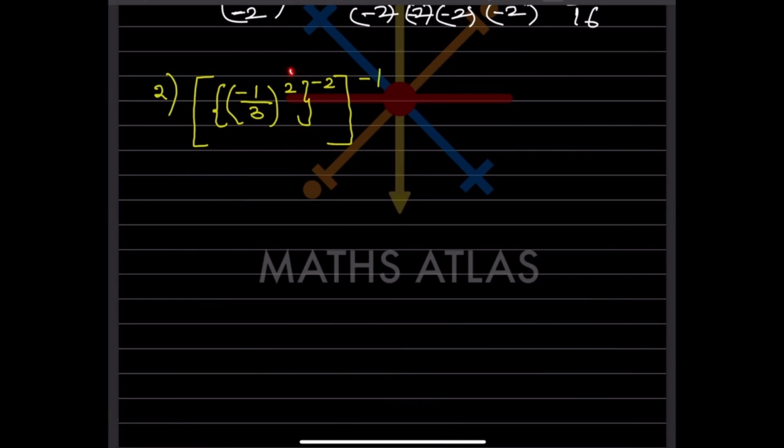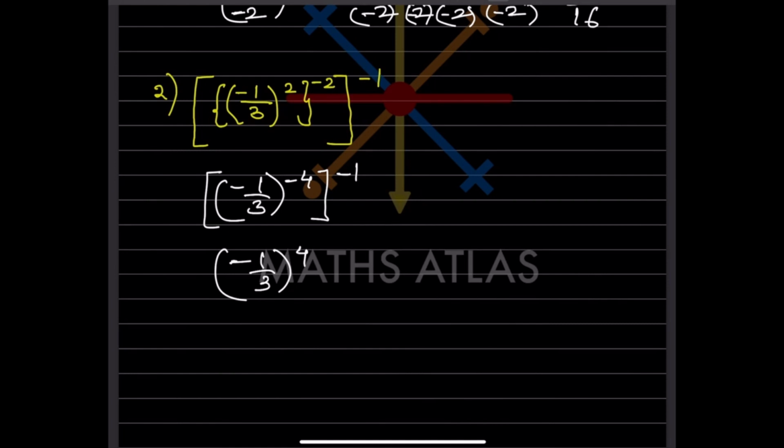Now let us look at this one. Whenever we have, you can see the exponents are in 3 places. So first thing we will look at the inner bracket. So here what are you going to do? Minus 1 by 3, and this is going to be minus 4, and then you are going to take the outer bracket. You will keep this minus 1 as it is. So now again what are you going to do? This will be positive here. So minus 1 by 3, and this is going to be 4 over here, because minus 4 into minus 1 is going to be 4.